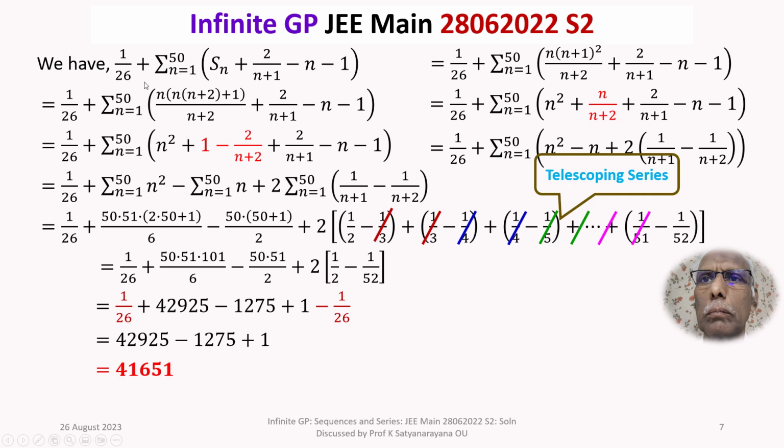That is, 1 by 26 plus sigma n equal to 1 to 50, in brackets, Sn plus 2 by (n plus 1) minus n minus 1, the value is 41,651. That is your answer. The answer to this question is